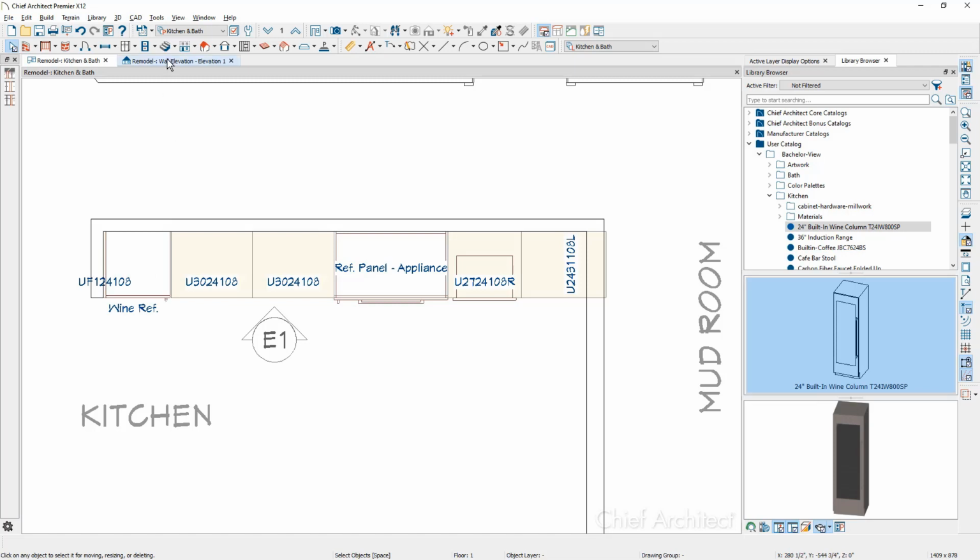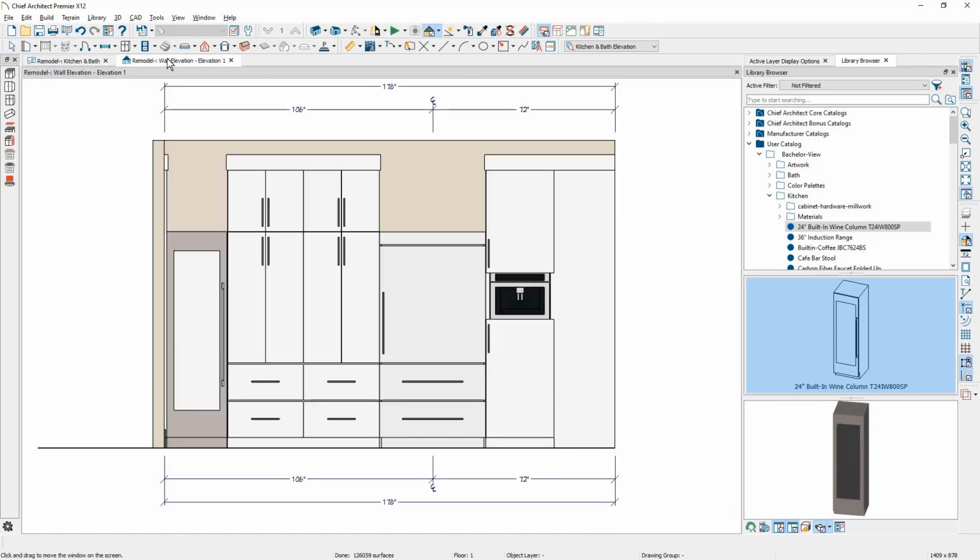And now let's go back into our elevation view so we can place the wall cabinets that will go above both the wine refrigerator and the regular refrigerator. You'll find the wall cabinets underneath our parent cabinet tool. Come in here, click to place the wall cabinet. Sometimes it's a little difficult when you have an existing tight space, and you may need to move your mouse around until you get a ghost outline of where that is, and then you can click and place that cabinet.